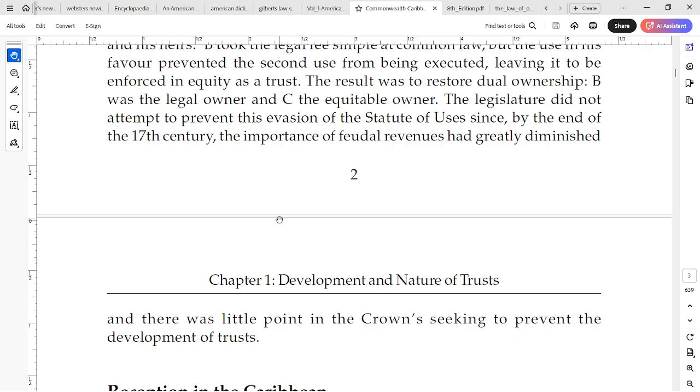All right. So as I said, we'll be taking it slow. We'll be going through this book. This is pertaining to the Caribbean. And then we'll go through some other books that I have that go into much more depth and detail. Also, you can check out the other video on trust and trustees that I'm doing on this channel. That will also add to the collaboration in the knowledge and the comprehension of the history of uses and trusts